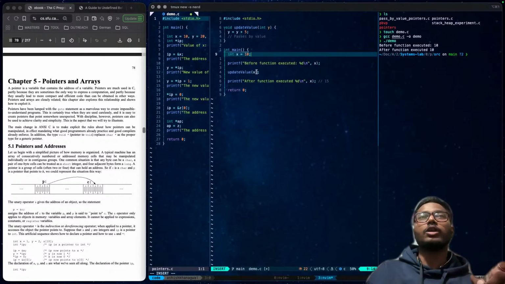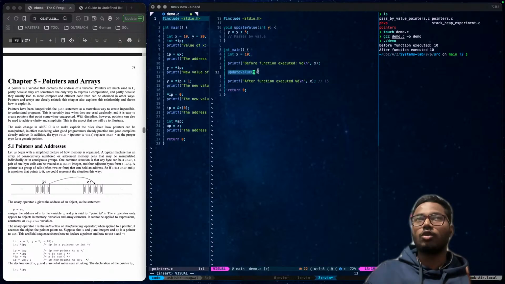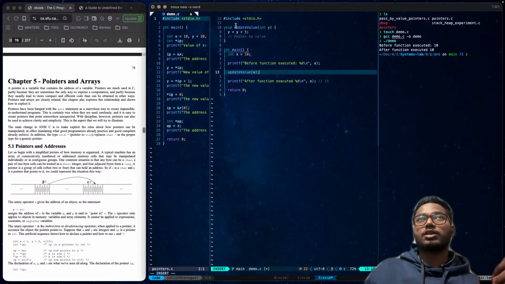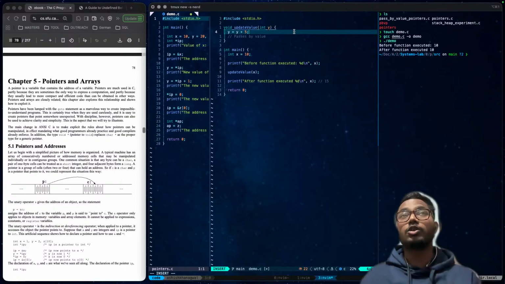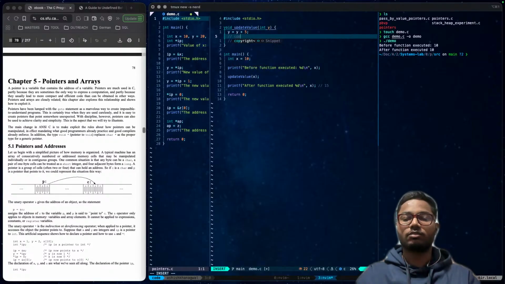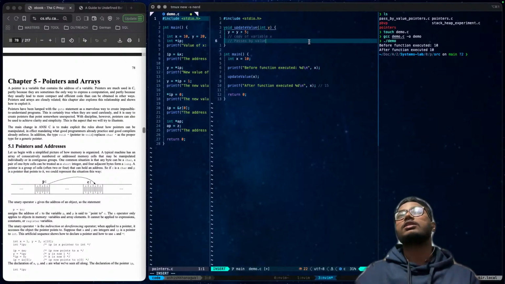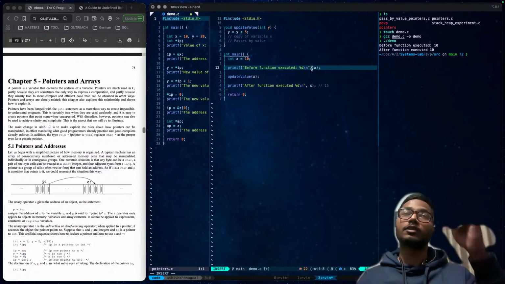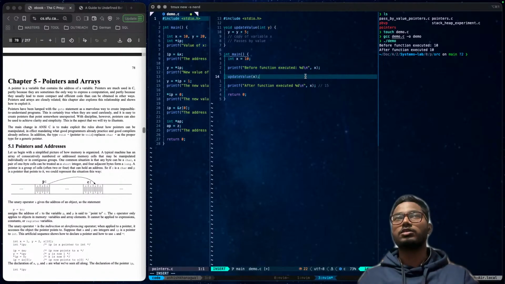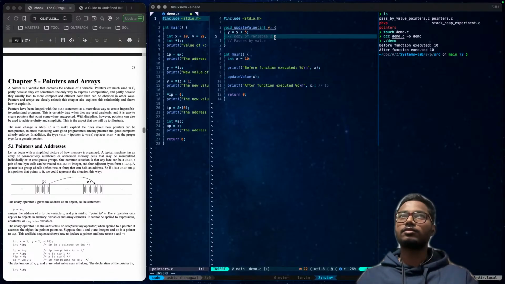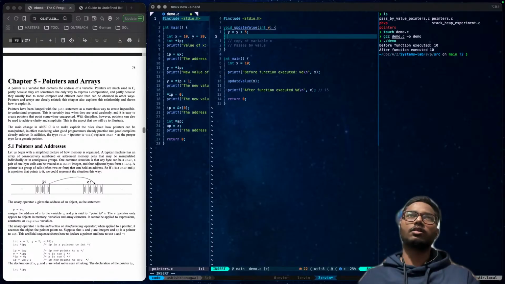When we called the function, the update value function got a copy of variable x, not the real x.